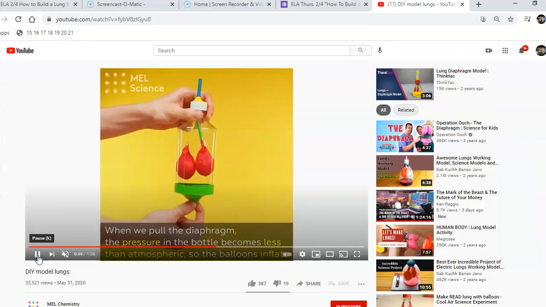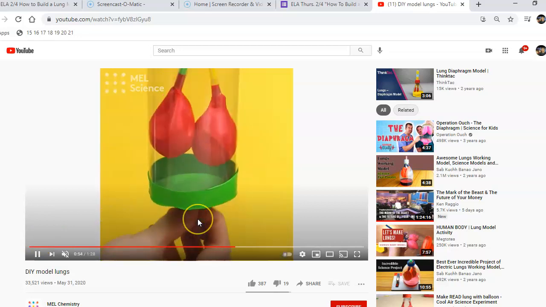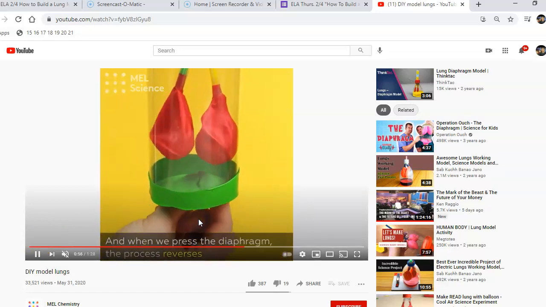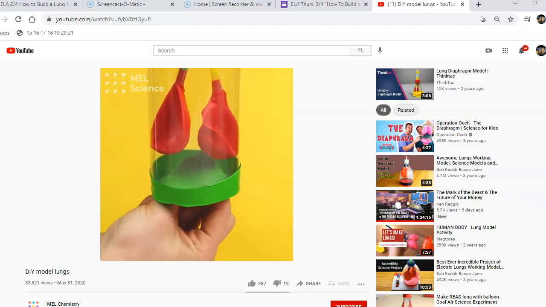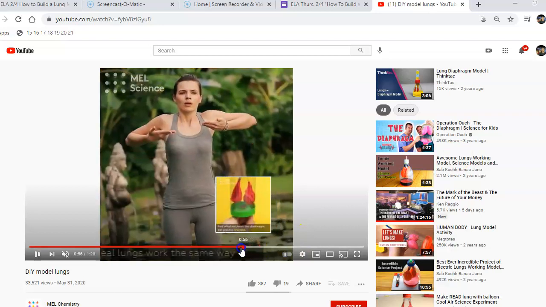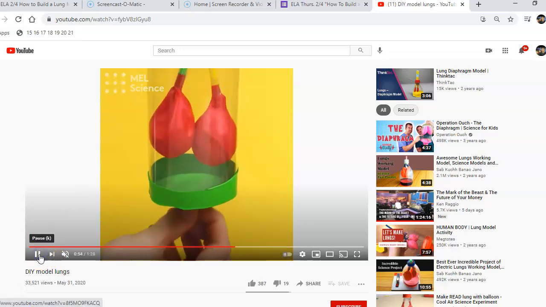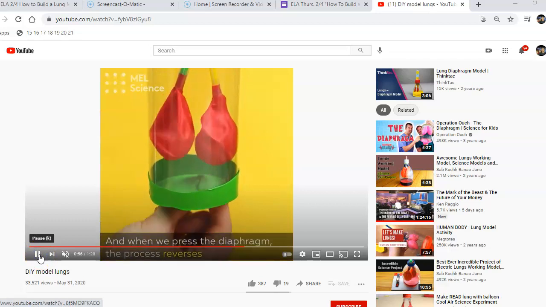Okay, and just to show you kind of what that would look like if you did it, you can see that the person's pulling on the diaphragm down here, contracting and then relaxing it. And of course, this one was made a little bit differently. You can see here that they didn't use a pencil, that they used the straw all the way through. But you can get the idea of how a lung model would work if you attempted to build it on your own,